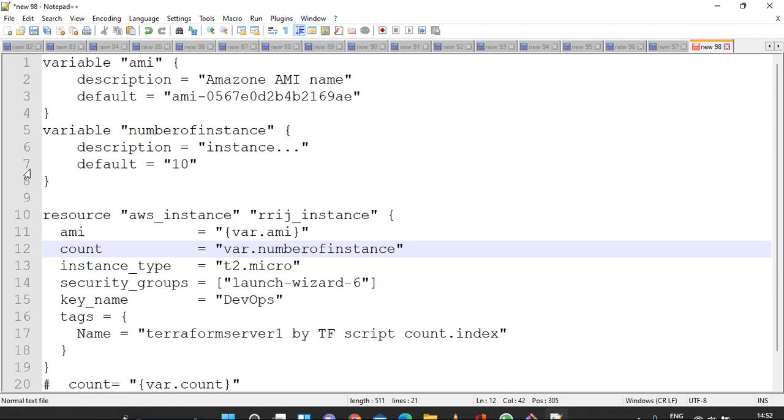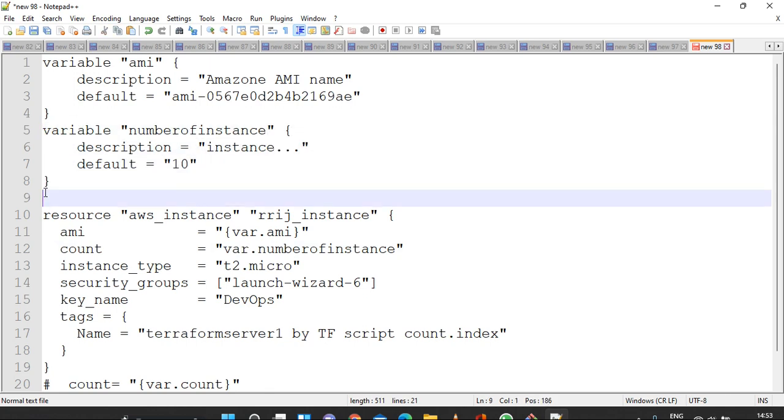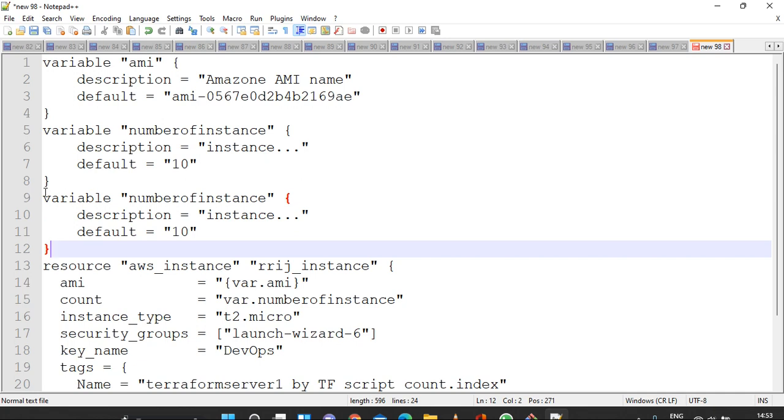Like that. Let me copy once again. Very easy guys, that's very easy.